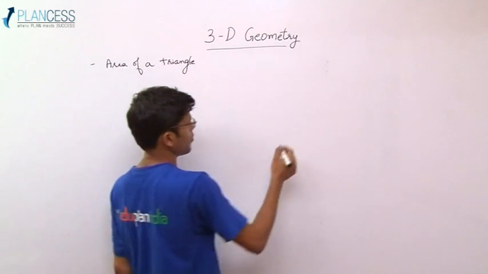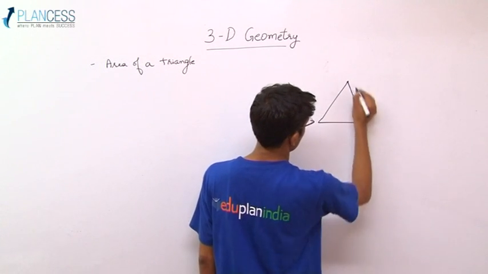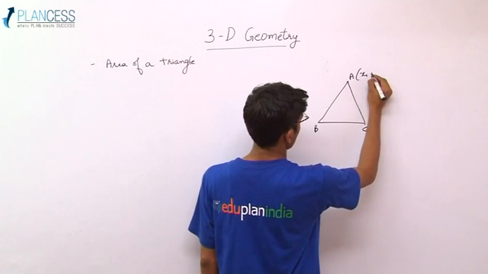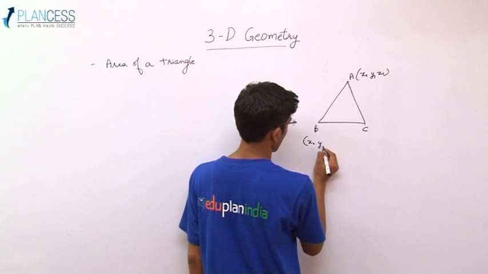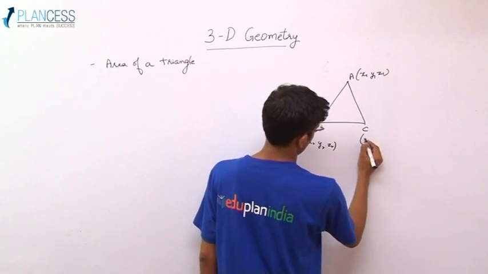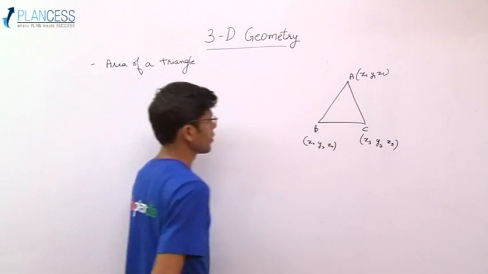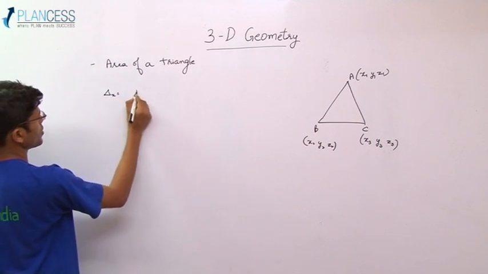Say we have a triangle ABC. Coordinates are x1, y1, z1 as we usually take. So now the area of the triangle is defined in this way. We define delta x, which is half